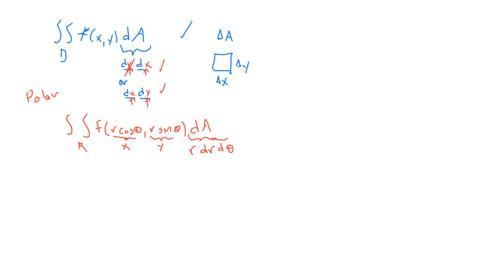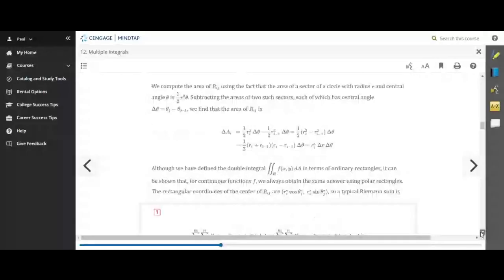Let me go to the formula in the book, and then I'll try to justify this for you. Keep in mind, when we did rectangular coordinates, the dA, think of delta A, base times height, is delta x times delta y. So you could have dy dx or dx dy. If we now go to the book and go down a little bit,